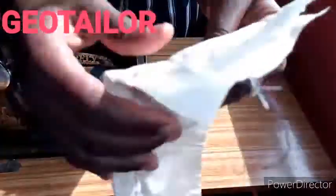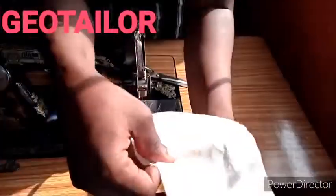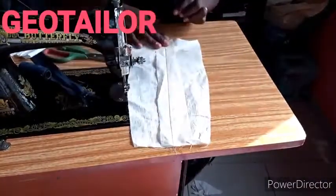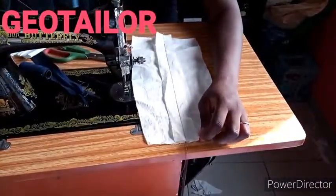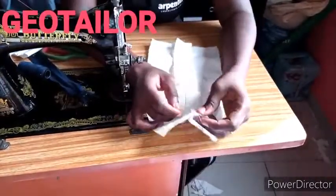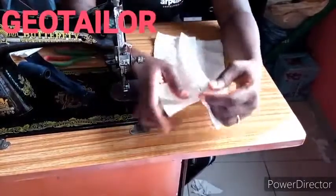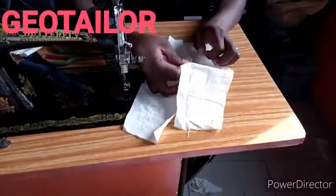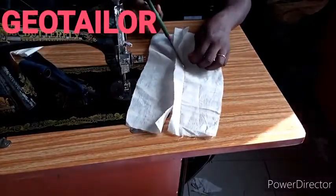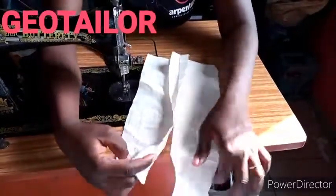Then after sewing like this, I'll take this to my ironing table and press flat. I've ironed my zipper allowance, and after ironing, you loosen your temporary stitch. You loosen it. So after loosening it like this,